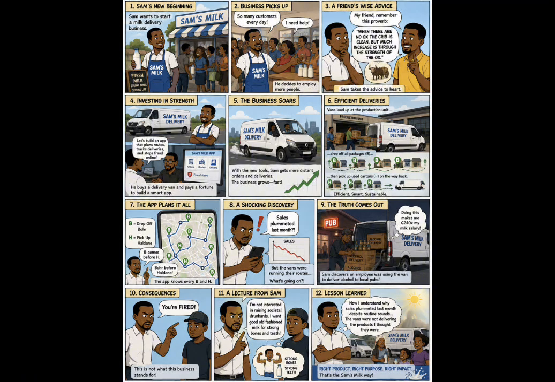Okay, great. Now Sam comes against the problem of trying to deliver his milk to all the people in the town and not having to overwork, right? So he comes up with a plan to purchase a van. That van is hemoglobin, right? Now the van goes around and is able to deliver, but we notice that during the course of his business, one of his employees decides to hijack his van and use it to deliver alcohol. Now that alcohol is carbon monoxide, and you realize that the employee was making a lot of money